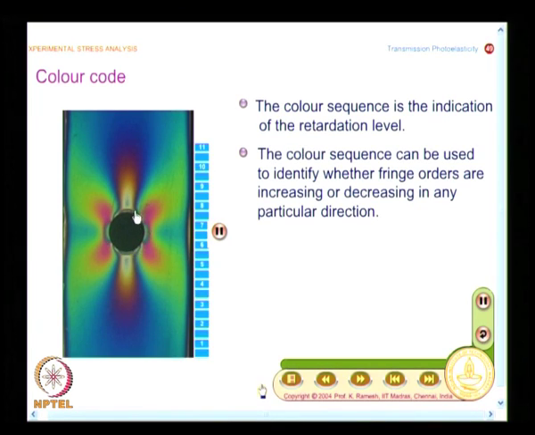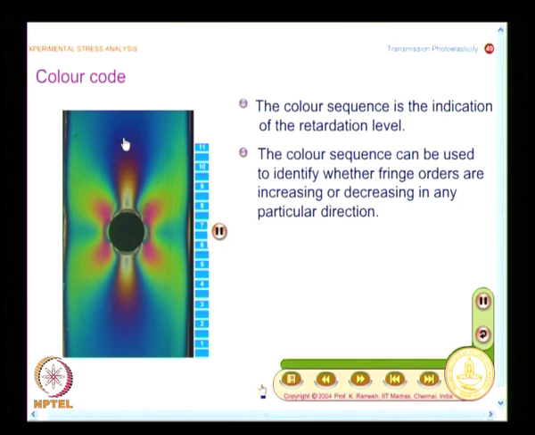We have looked at the plane polariscope, we have also looked at the circular polariscope, and I said one of the convenient means to quickly identify the fringe order is white light. In white light you see a color code, and what I have here is the problem of a plate with a hole, which is a stress concentration region. I have black here, then you have white, and then it moves out,